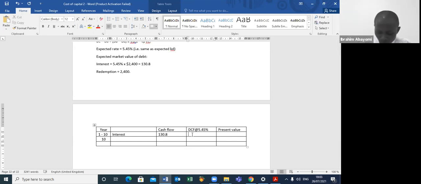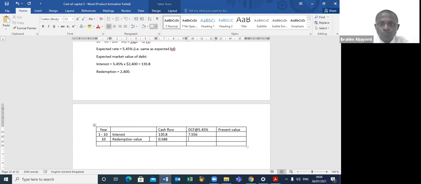And we have 1 minus 1.0545 raised to power minus 10, divided by 0.0545. That gives me 7.556. I believe you are following it. Now, in year 10, I have 1.0545 raised to power minus 10, and that gives me 0.588. That's the redemption value. If this is the redemption value,